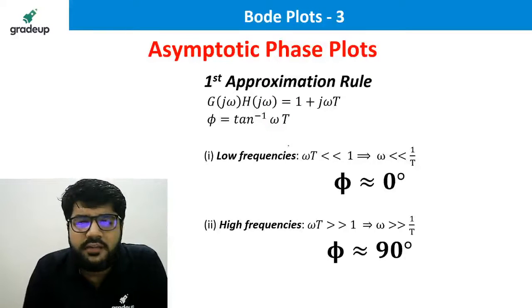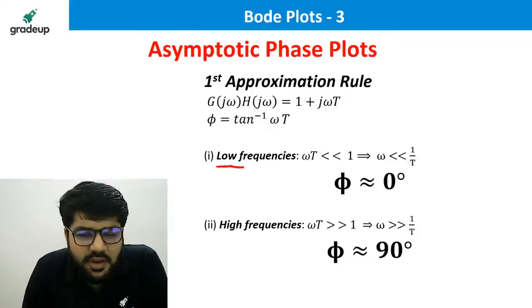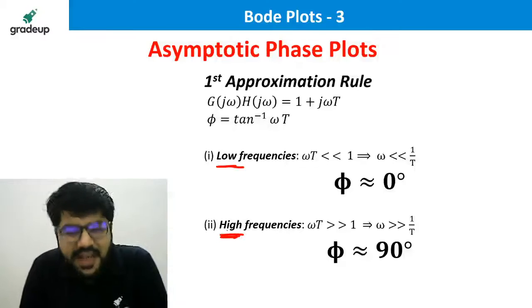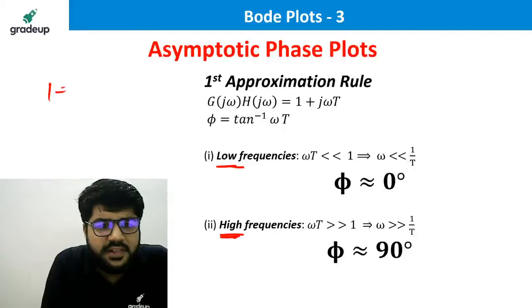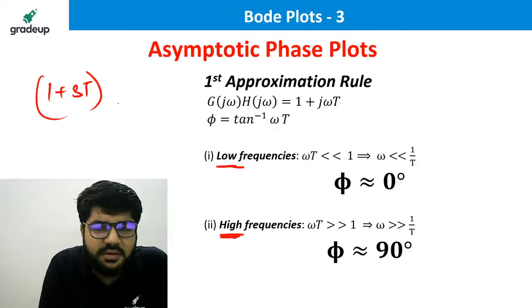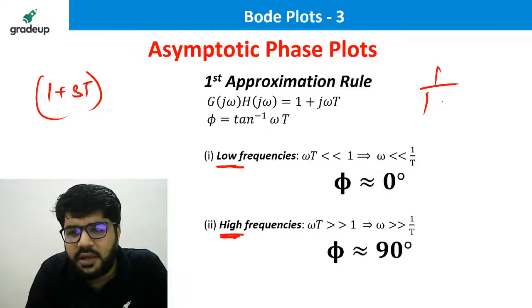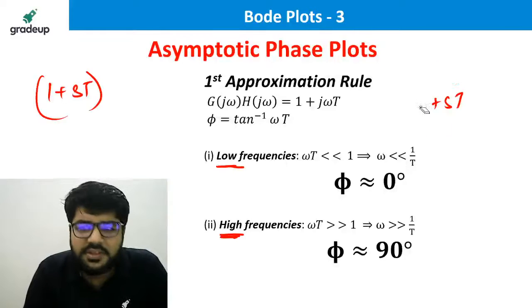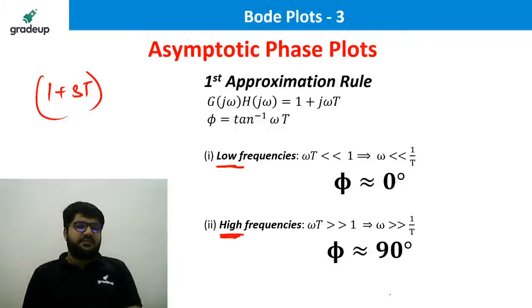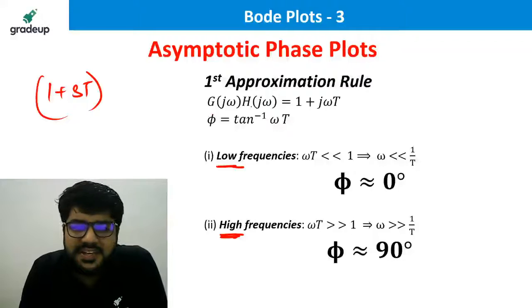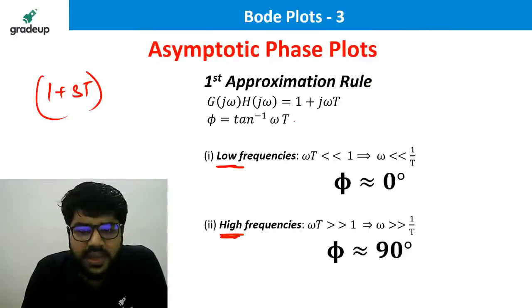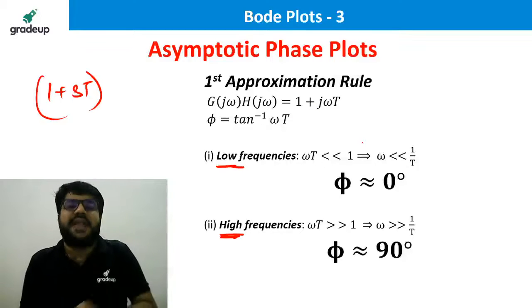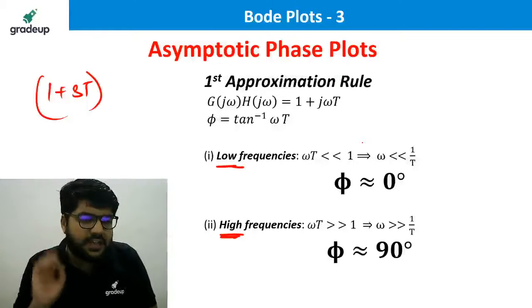So, what did we apply as the approximation in the magnitude? The low frequency approximation and the high frequency approximation were applied. Considering the same term, starting with 1 plus sT, and similarly the result for the simple pole term, 1 upon 1 plus sT. For G(j omega) = 1 plus j omega T, what is the phase? Tan inverse omega T. Up to this point we were talking about the actual phase plot.